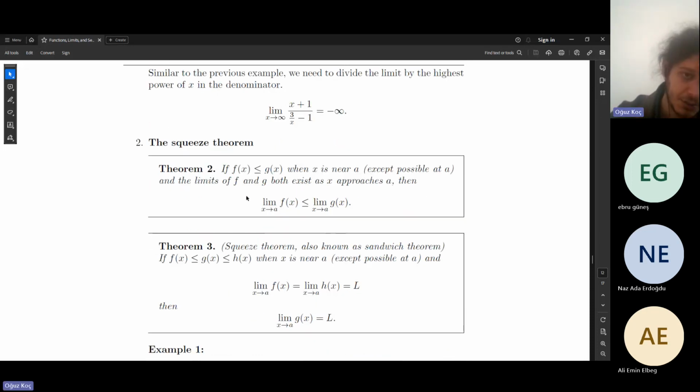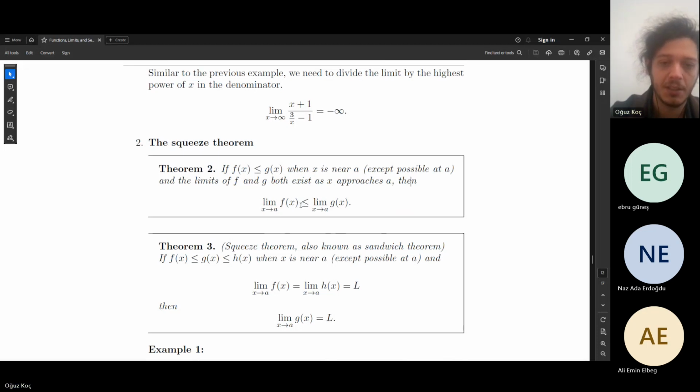And we have the second theorem, which is the famous squeeze theorem. Also, it's called the sandwich theorem. But before that, we need to give an additional theorem, theorem 2. If f of x is greater than or equal to g of x when x is near a, except possibly at the point a, and the limits of f and g both exist as x approaches a,